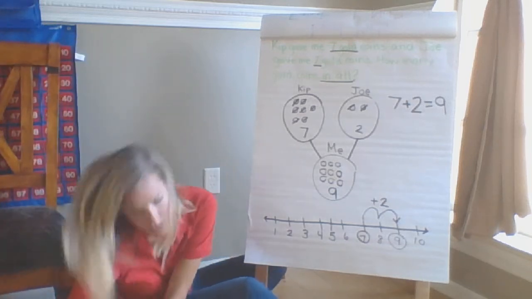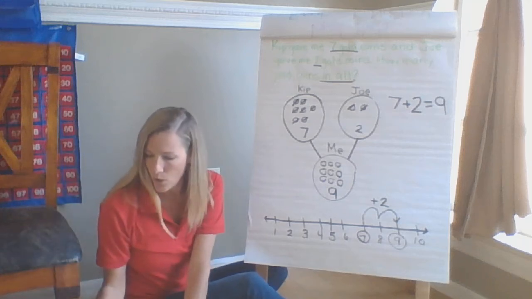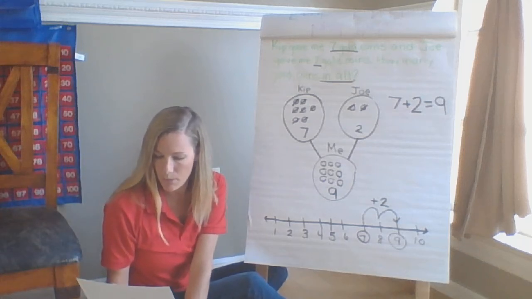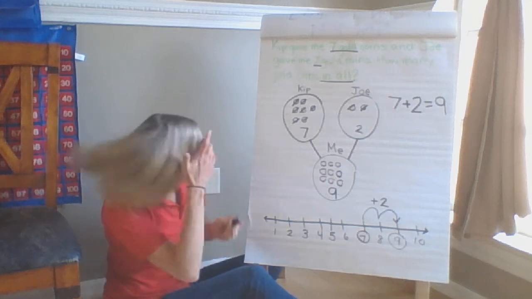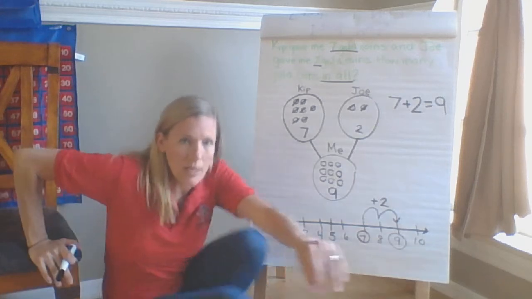Too many materials, not enough space. All right, so we did our number line, our number bond, our equation. I think we did that one pretty well. All right, so let's move on to